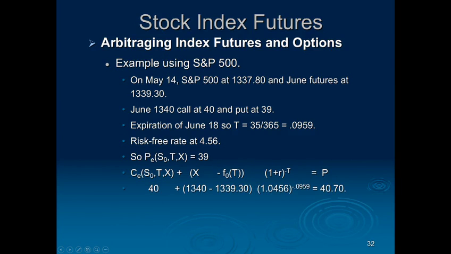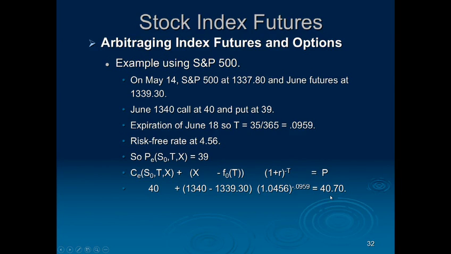So the call is $40. The exercise price is 1340, that's up here. The price of one futures contract is 1339. And we discount that by 4.56% for 18 days. That gives us a theoretical put price of